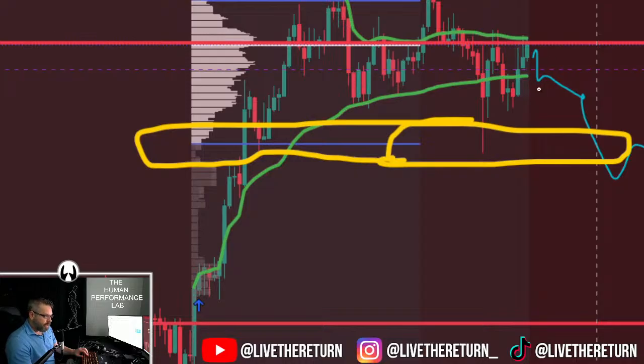Now the squiggly line and looking short here, not sure exactly what you're looking at other than this segment here, right? But price at that point is still in value. Can you take a short here if you want to? Sure. But if I'm looking at this chart and I'm looking at this